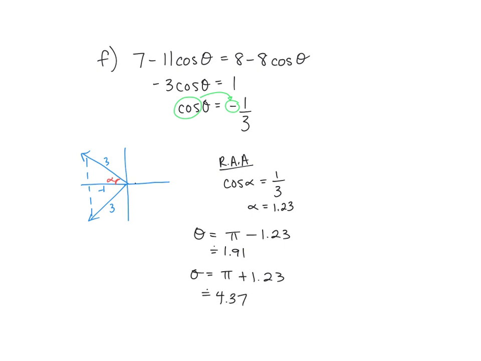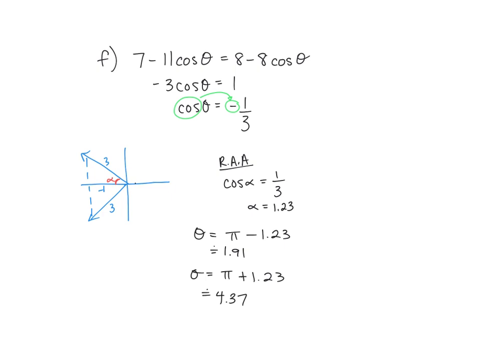Again, just to give you that bit of background information as to why I suggest you use the positive ratio. One, our related acute angle deals with that positive ratio because it gives us our acute value, and we know that all of our trig ratios, sine, cos, and tan, are positive in the first quadrant. Okay, but what you'll notice